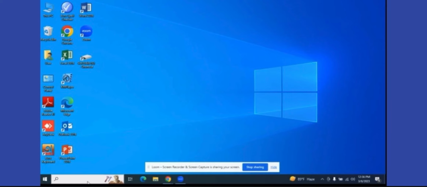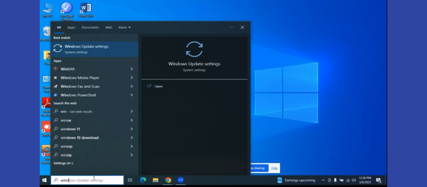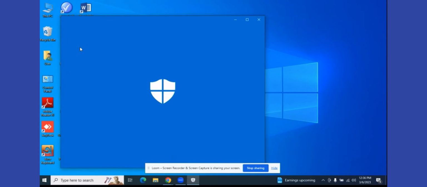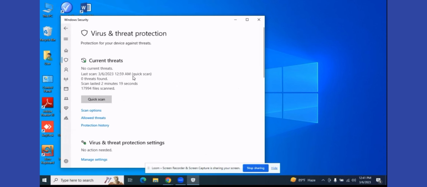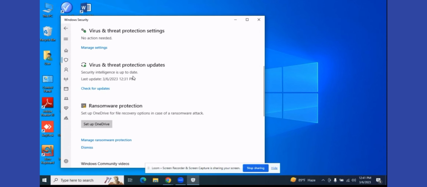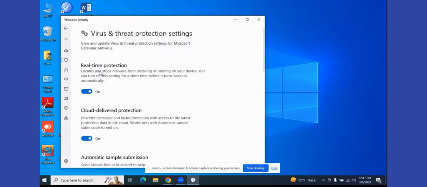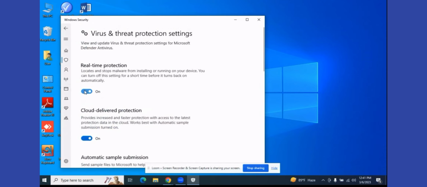Alright, it's pretty simple. At the bottom here, just press on search and type in Windows Security, and you see right here we have this app. Just press that. Now you see right here it says Virus & threat protection. Just press there, and under Virus & threat protection settings, press on Manage settings and turn off where it says Real-time protection, and to confirm,